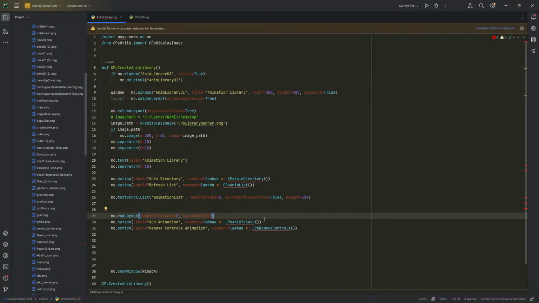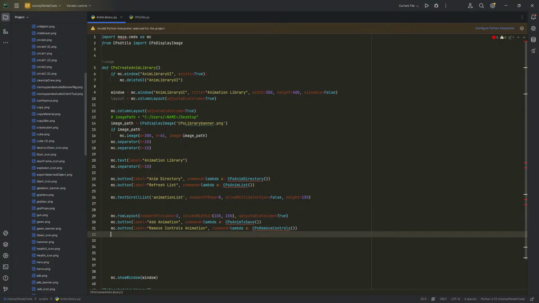So it's easy. Adjustable, true, of course. And if we wanted to put any separators,